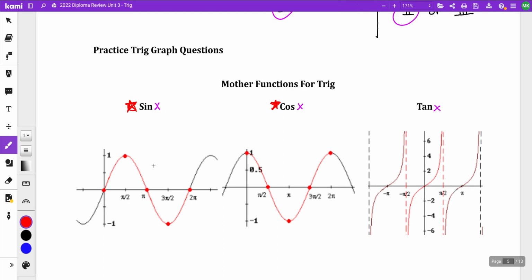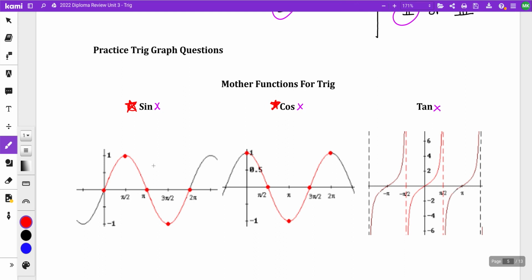Yes? From what you're telling us, is just know that sine starts at 0. Well, it starts at 1. Yeah, just the mother functions, right? Sine starts at 0, then it goes up. Cos starts at 1, and then it goes down. If you ever forget a mother function,